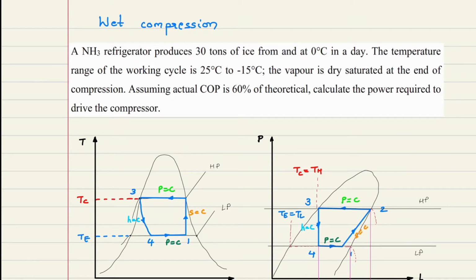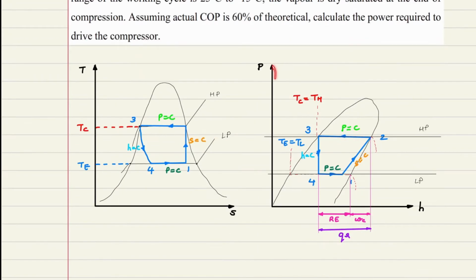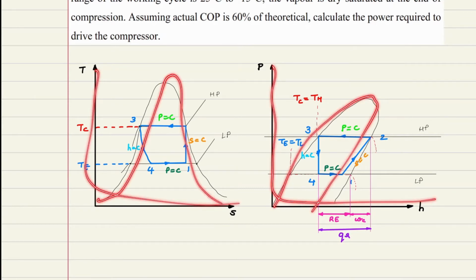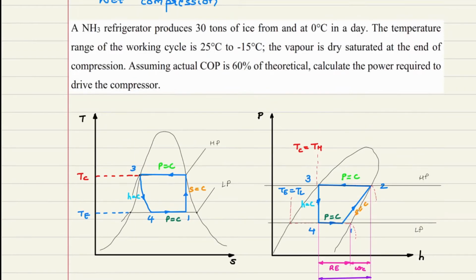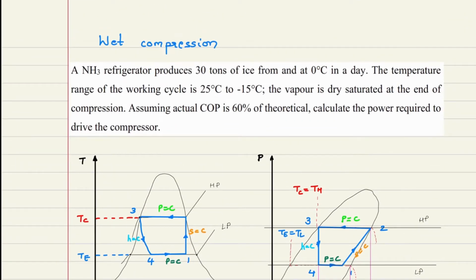Okay, so observe the pH and TH diagram over here. The pH diagram is there, the TH diagram is there. I have drawn the vapor dome on both the diagrams. Since point 2 is saturated vapor, point 1, since the line is inclined, will be in the wet region. So point 1, in both the pH and TH diagram, is in the wet region, and because of that, this wet compression is what? Wet and dry saturated vapor. So that is known as wet compression.